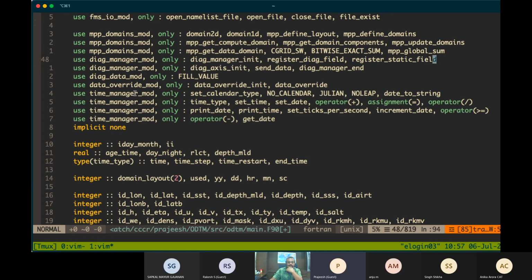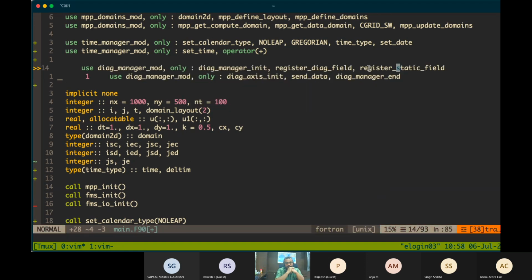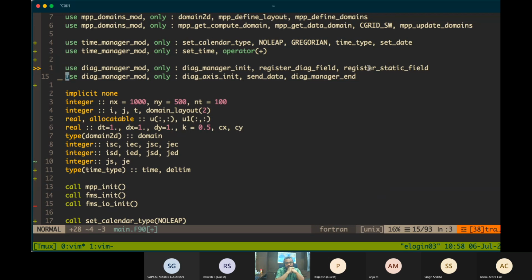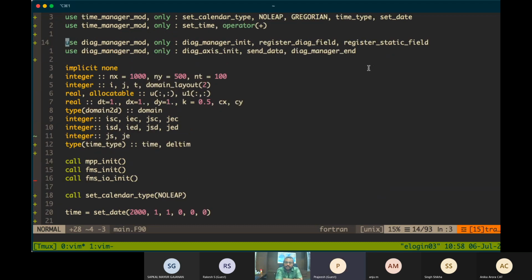So I have to import the thing. First thing to do is call the Diag Manager init, which will initialize the Diag Manager.